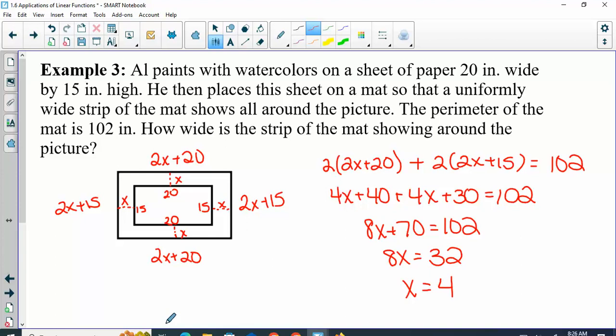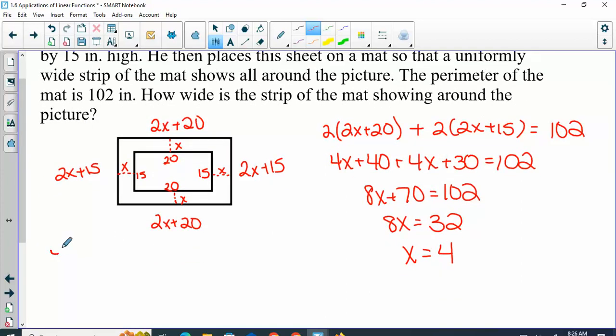so then we just need to answer the question. X was how wide the strip of the mat was showing, and that is the question we are trying to answer. So we can say there will be 4 inches